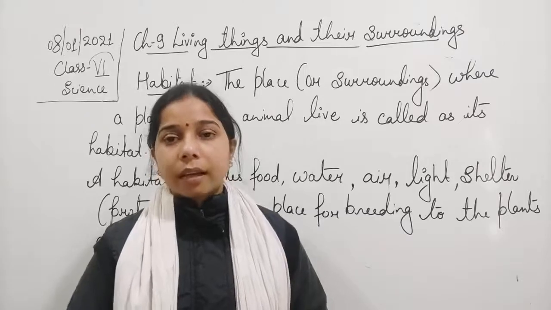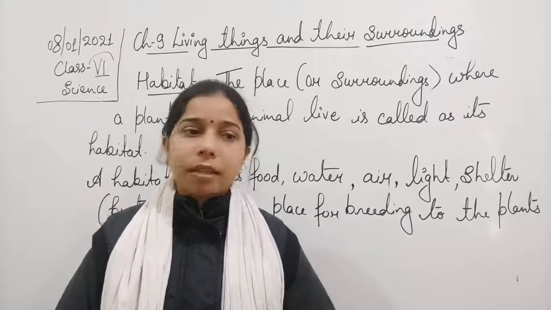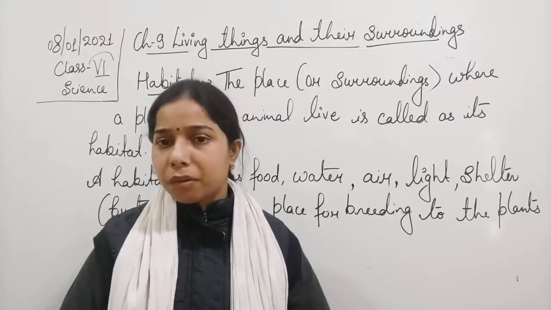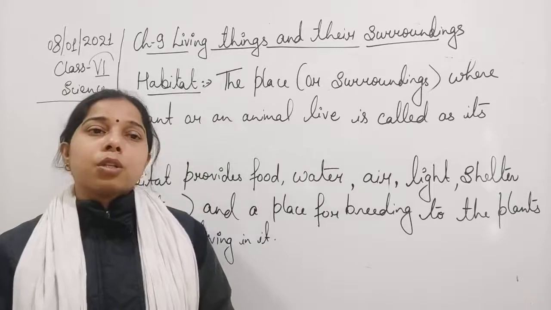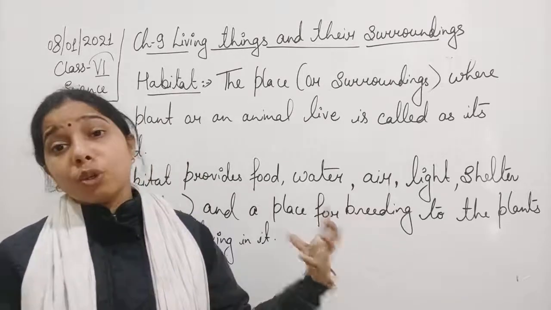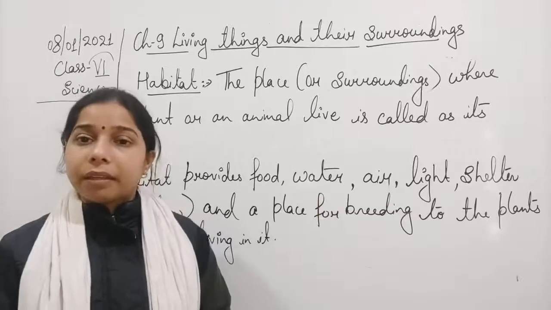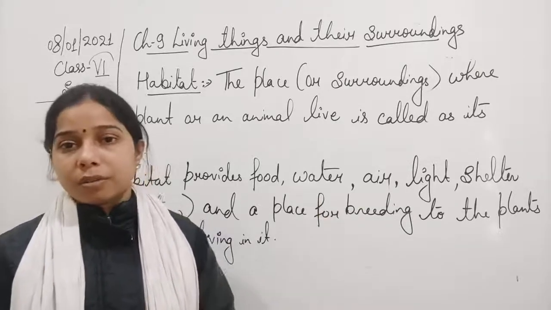Sorry, not the cactus. Cactus is a kind of plant. Then lotus we will say, and rose or dahlia we will take. So if suppose these are all plants, we know that. So we can say that